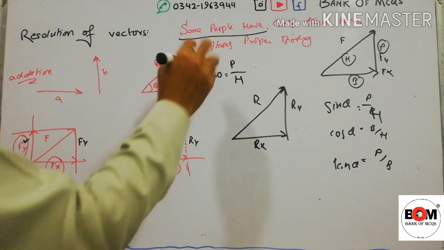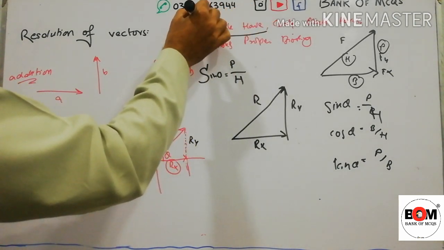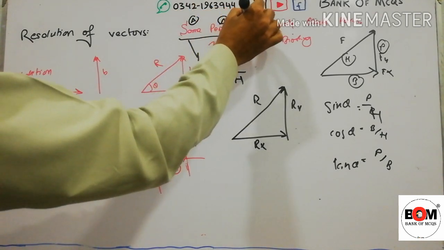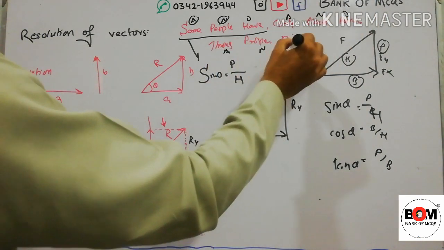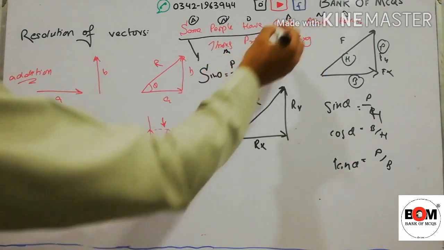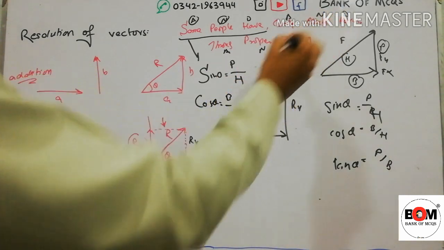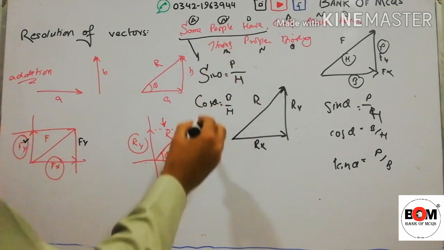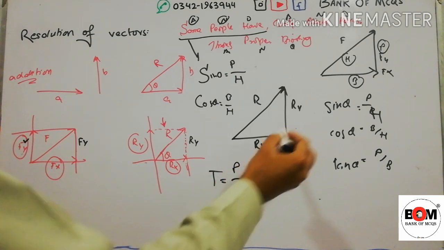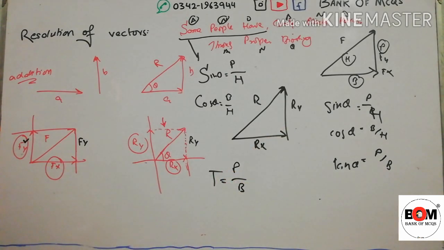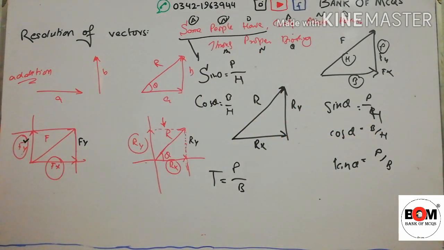Some people remember it as numerator, denominator, and the angle: angle, numerator, denominator, the same angle. So in this case, in the second, "curly" means cos theta: black means base, hairs means hypotenuse. In this case, through "proper brushing", tangent theta: proper means perpendicular and brushing means base. So this is the formula we use to remember sin theta, cos theta and tangent theta.